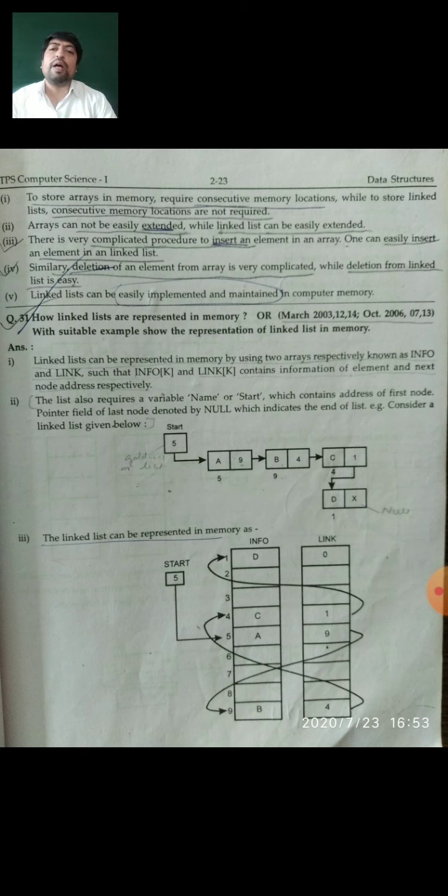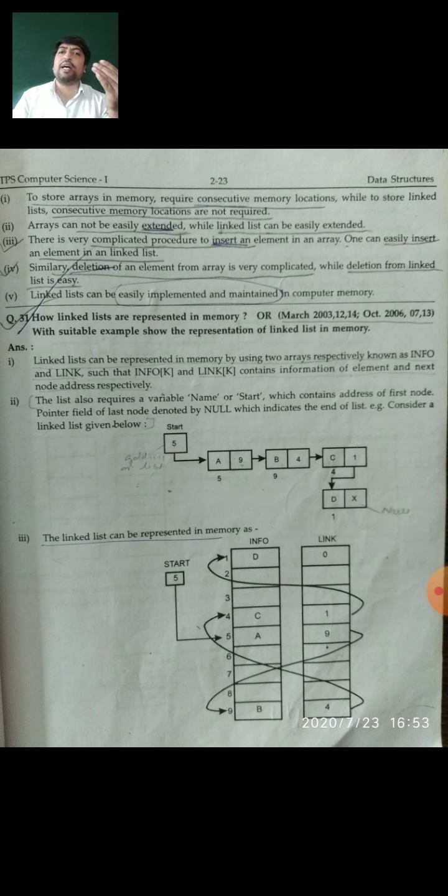An array cannot be easily extended, while a linked list can be easily extended. If you want to extend an array, it is very hard, because the number of array elements is constant.